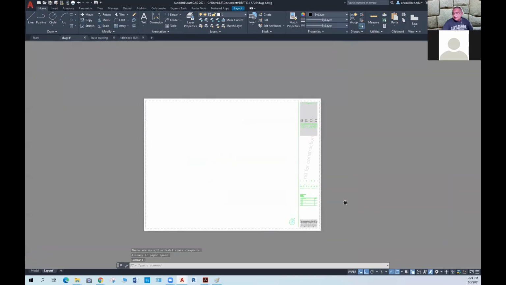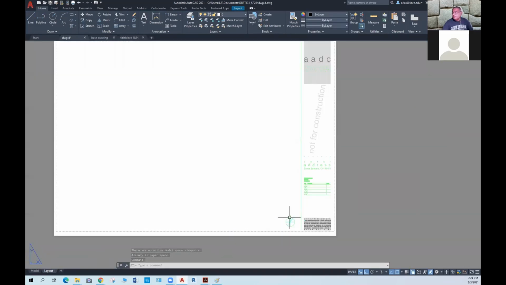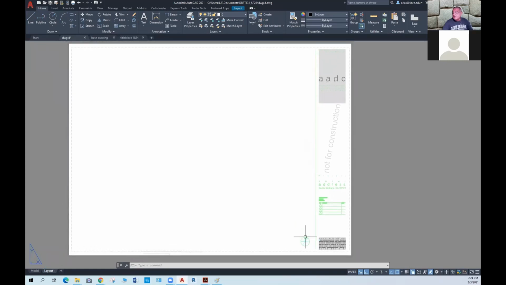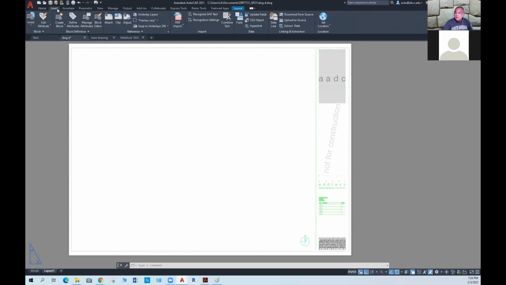Right, so now in this title block, I am going to insert that drawing that has the attributes, but this time I'm going to do that as a block. Remember, any drawing can be inserted as a block. In order for us to have the attributes work the way we want them, I need to insert that drawing as a block. So insert block from library